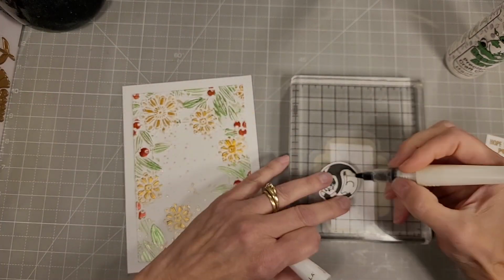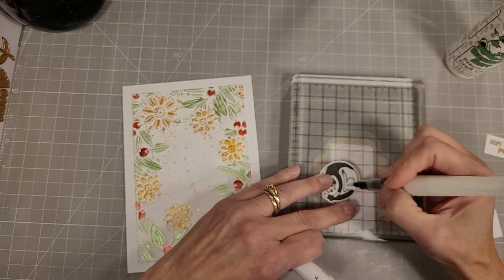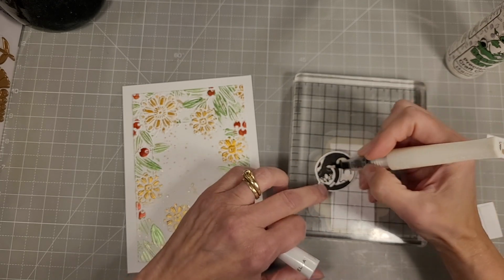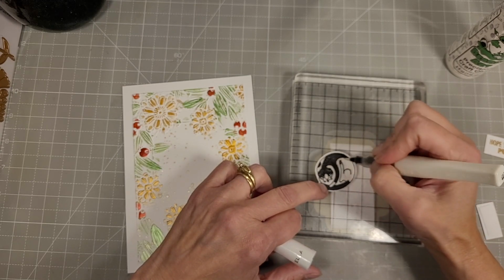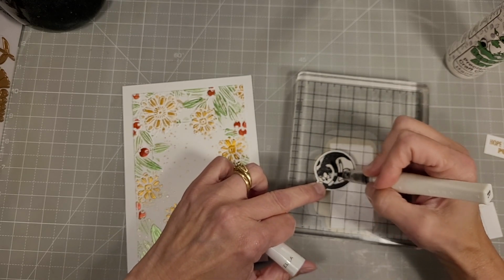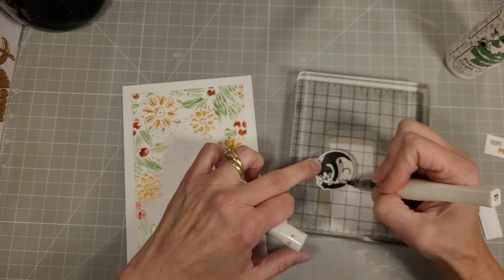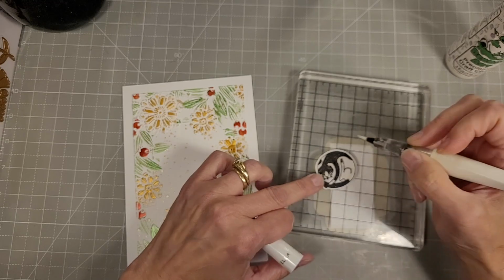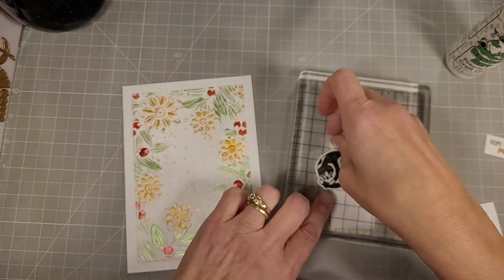I took a little bit of clear Wink of Stella to add some shimmer to our playful kitty. Just going to cover the whole thing. Originally I was just going to cover the white portions, but I thought no, this kitty has to be shimmery all over. Now that I have that clear Wink of Stella on him, I'm going to take one of these